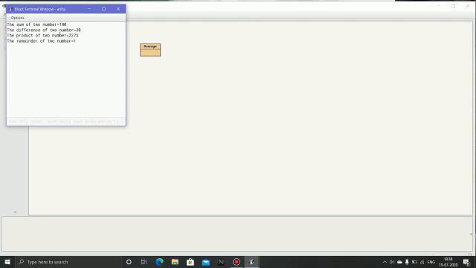The product of the two numbers 65 multiplied by 35 is 2275. The remainder of the two numbers, if we divide them, the answer will come as 1. The remainder is 1. Because the remainder is 1, then